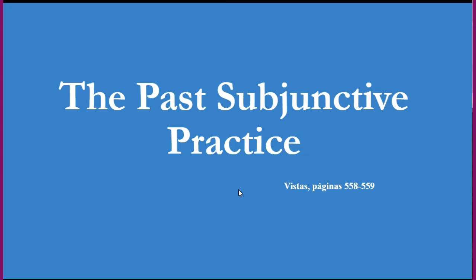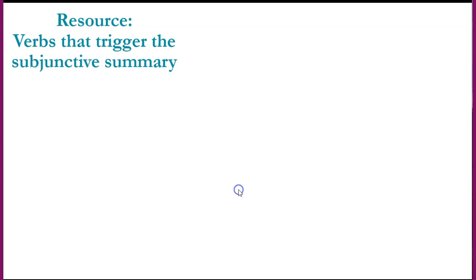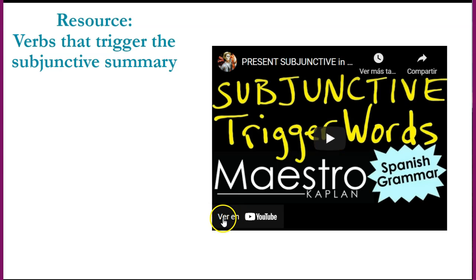So, what did we see last class? We saw that the past subjunctive is used in the same context and situations as the present of the subjunctive, except that it describes actions, events, or conditions that happened in the past. So we use the present of the subjunctive to talk about present or future actions or events, and the past subjunctive only refers to past actions or events. We said that the past subjunctive is triggered in the same situations and contexts with the same trigger words as the present of the subjunctive.